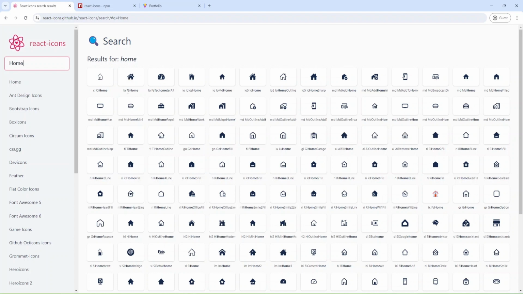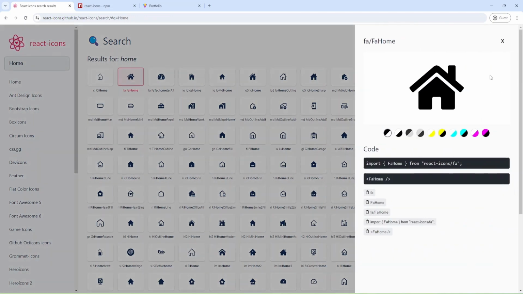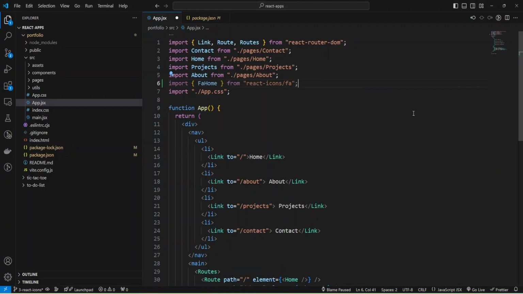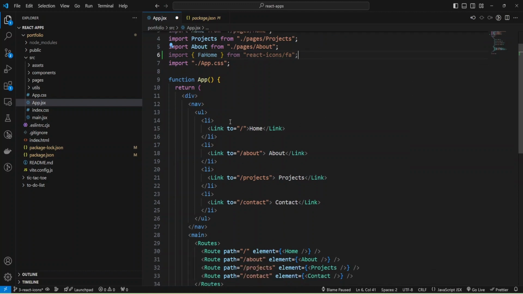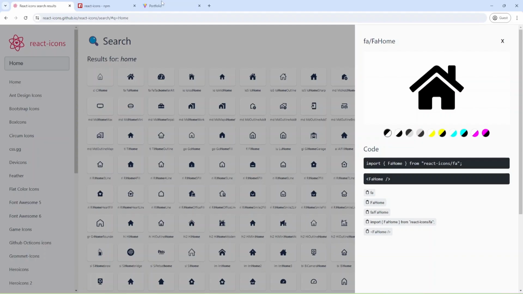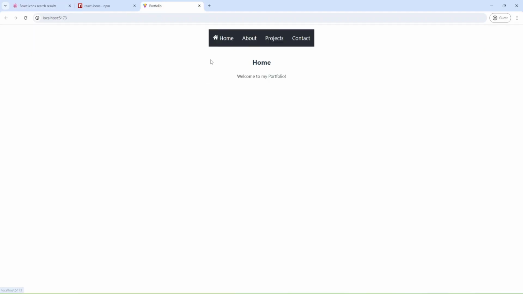I'm going to use Font Awesome home and just press on that icon, and now I can import my icon and add the import to my project, and now I can use it inside my link. It will be just the component that I imported. And refresh, and let's check what I have. As you can see, the icon was added, and we have it here.